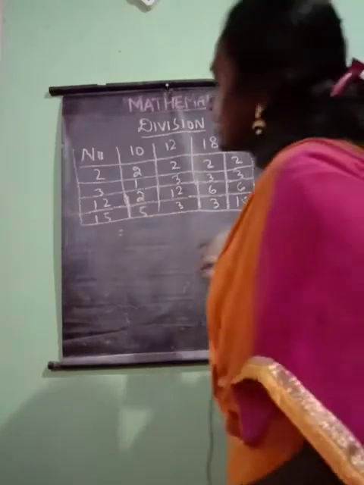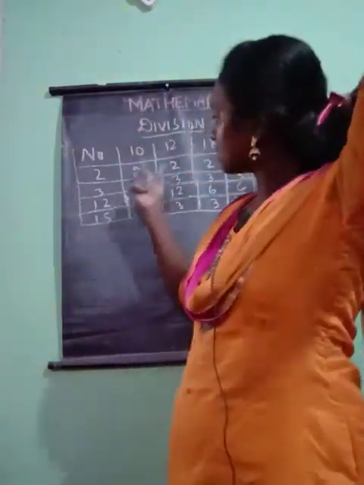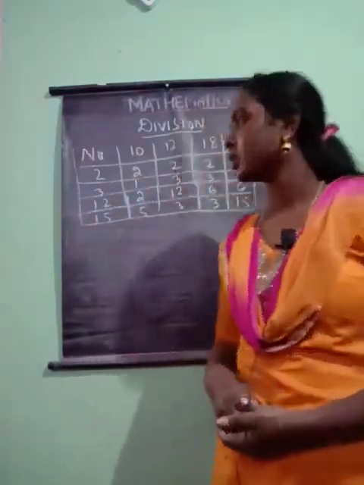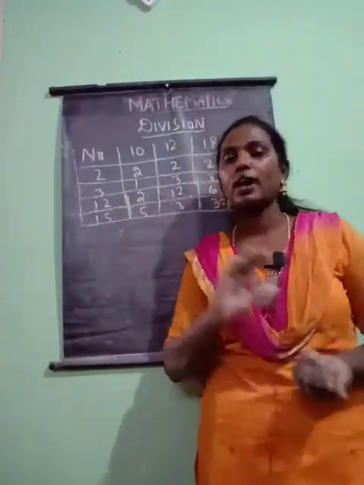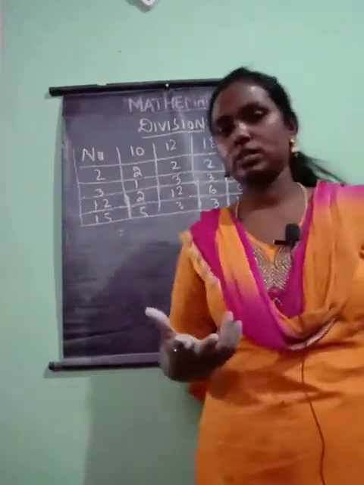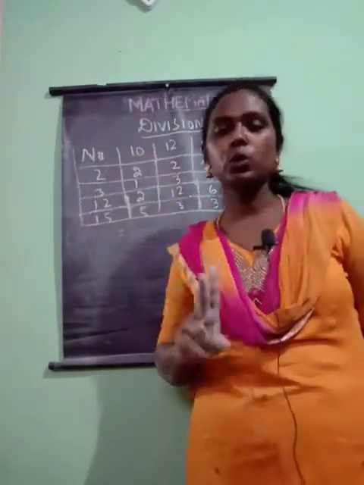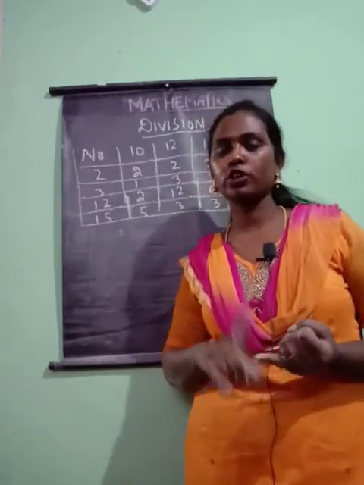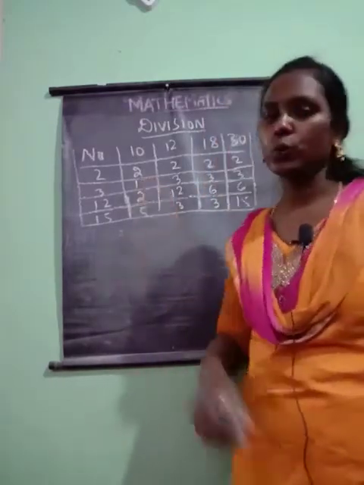Students, here is a table given. We have to compare two numbers and find the HCF. Previously we wrote the common multiples and chose the highest number; here you have to do it by mind. For example, 2 and 10: which is a common factor? For 2, just 2 is a factor, other than 2 we don't have any. So just write 2.